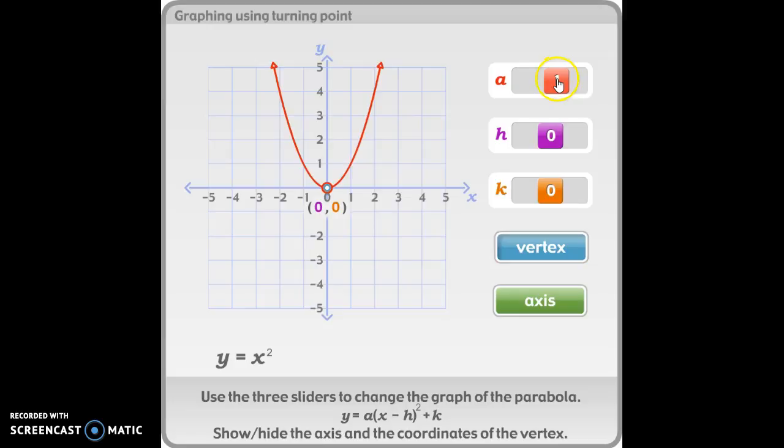Now what I'd like to do is just vary these values of a, and as you see as we move that up, increasing it, you'll notice that the shape of your graph, that parabola, becomes narrower. We call it dilated in the y-axis, and so this one in particular is dilated by a factor of 4 in the y-axis. If we bring it back down a bit, this one is now dilated by a factor of 2 in the y-axis, and the equation down here at the bottom left-hand side basically represents